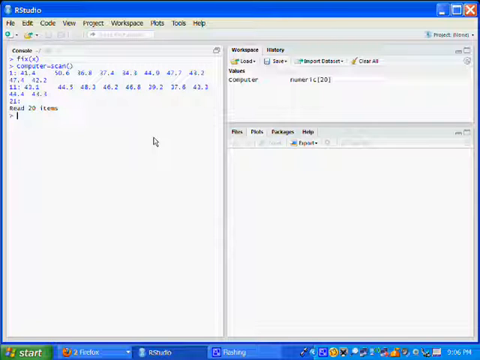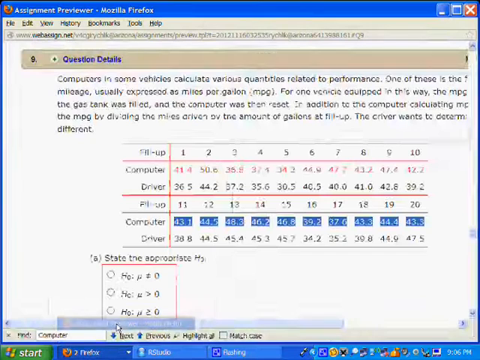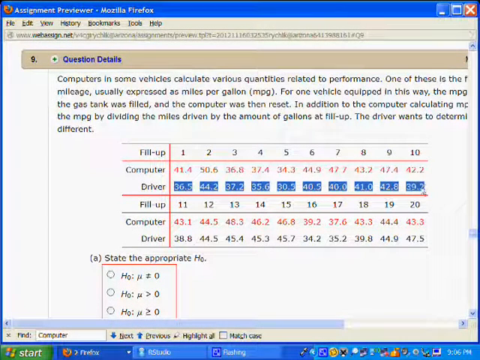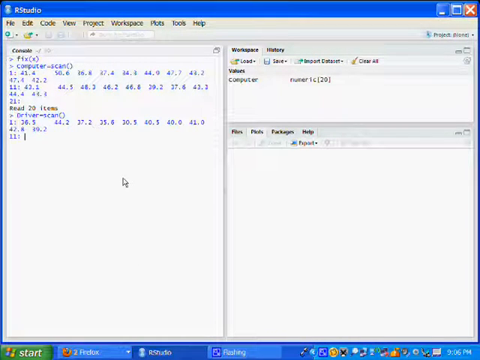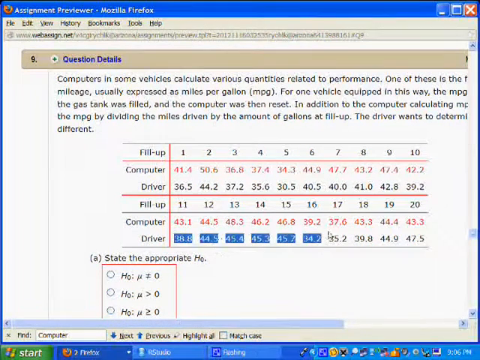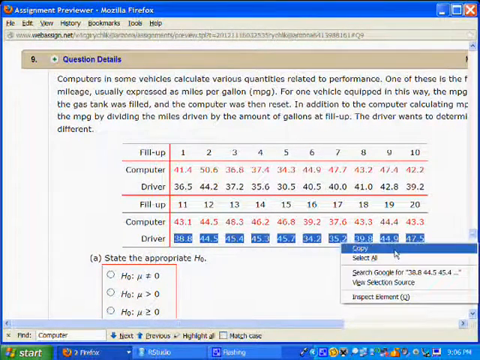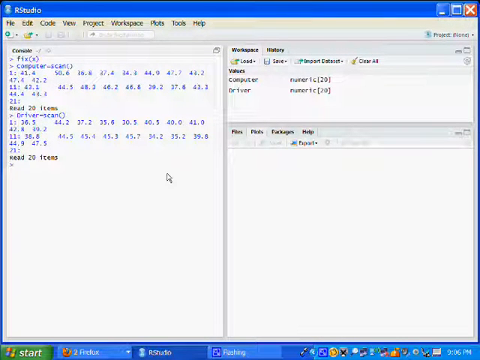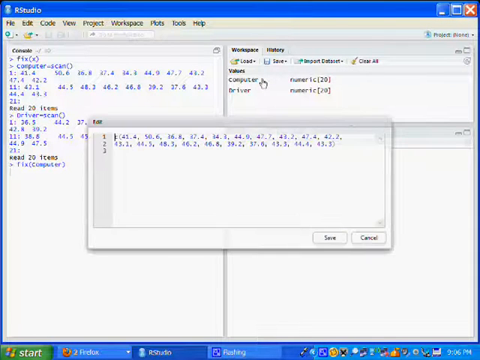Now I do the driver data. And find the final row of the driver data, and I'm essentially done. So now I have 2 variables, computer and driver,